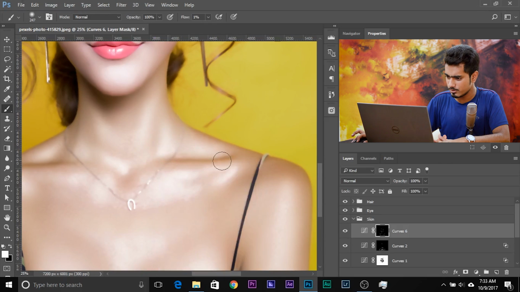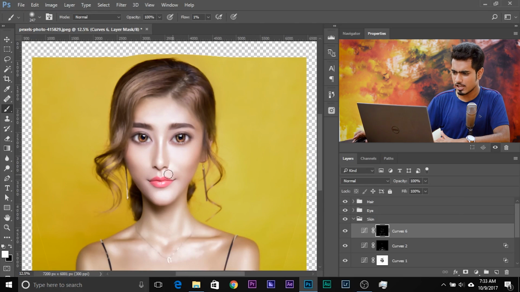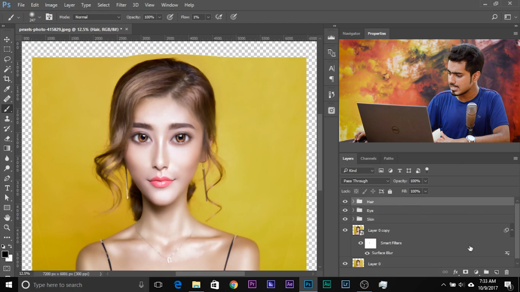I'm going to show you my final result at the end. I've already shown you in the beginning, I guess. So there you go. You have a cartoon already ready. Now you can also change the color of the lips if you want. I don't like the pink so much, so let's create a new layer on top of every other layer, and